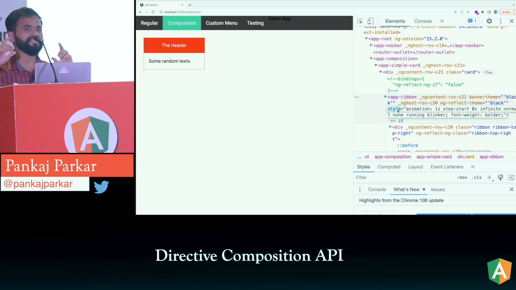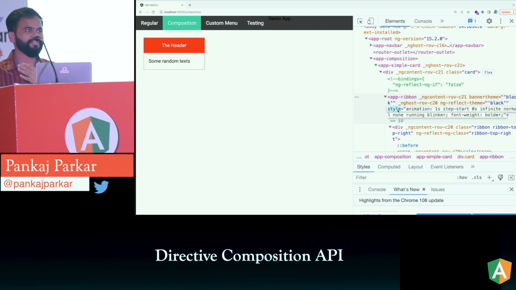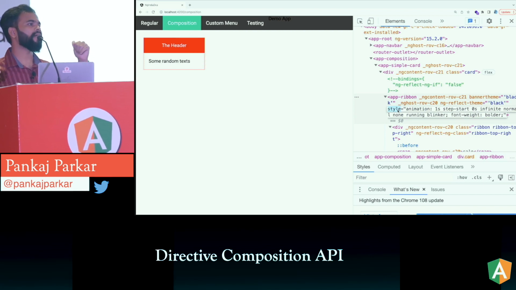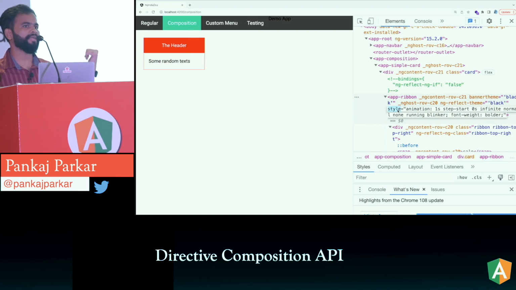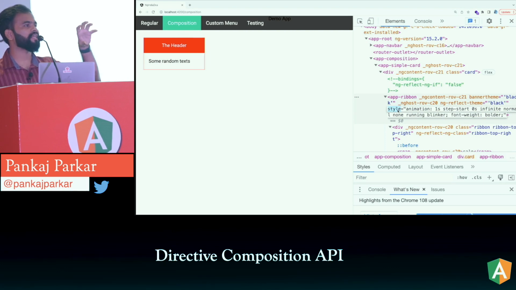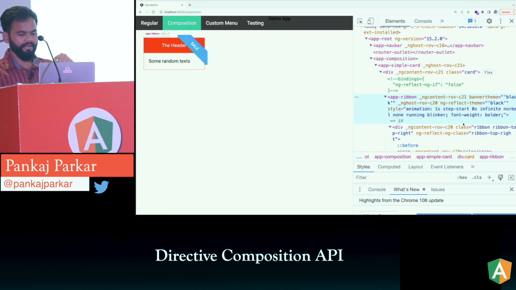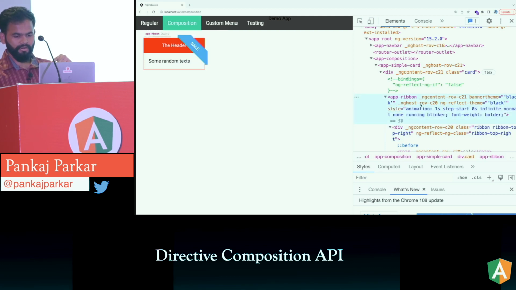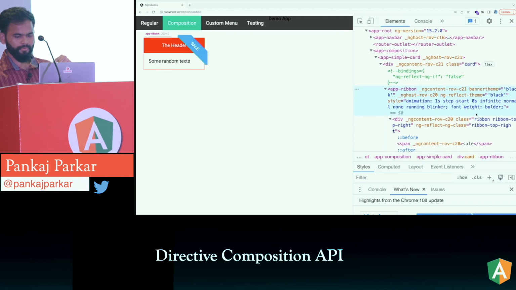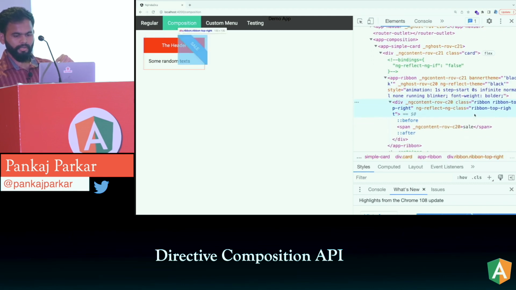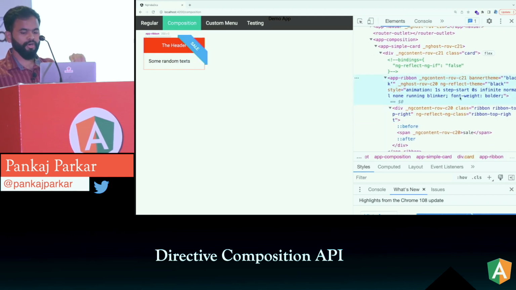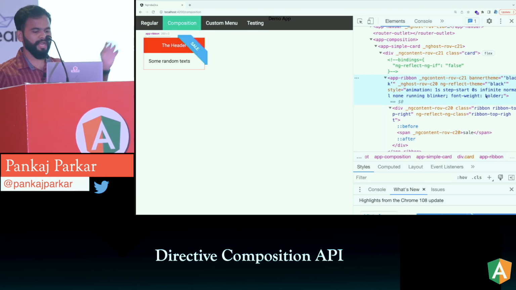You can see it has style attributes, multiple attributes which act as an animation. If you look at our app blink directive code, it basically introduces inline style, so that got added there. Same thing for the other one, font weight bolder, that style got added there.